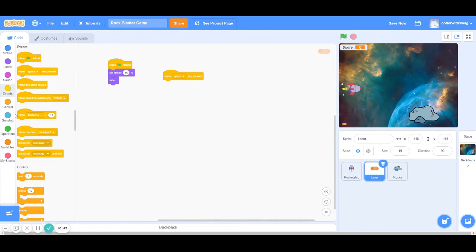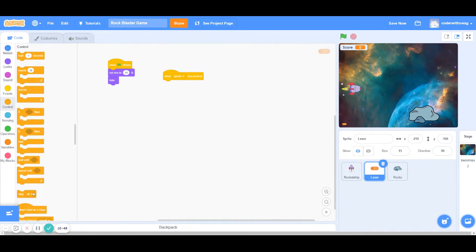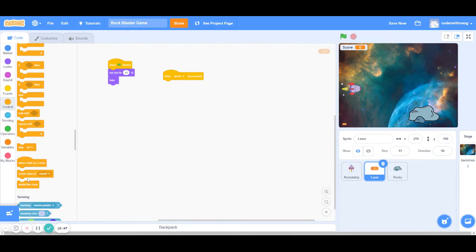So let's go into control and make clones of myself. What this does is every time the space key is pressed, it's going to make clones of the laser sprite. But the problem is, if we just make clones of the laser sprite, they're going to be at random positions. So in order to fix that,